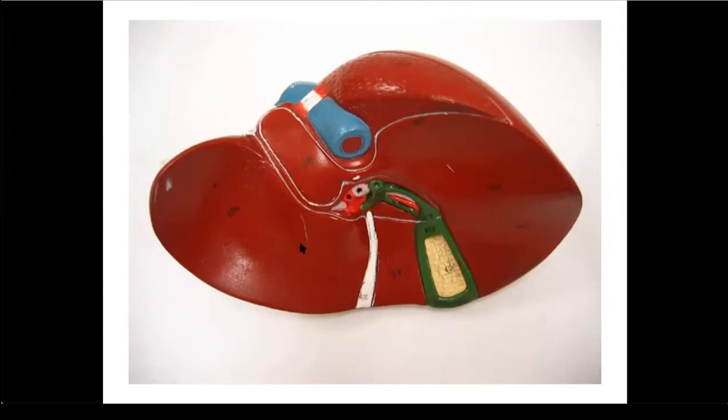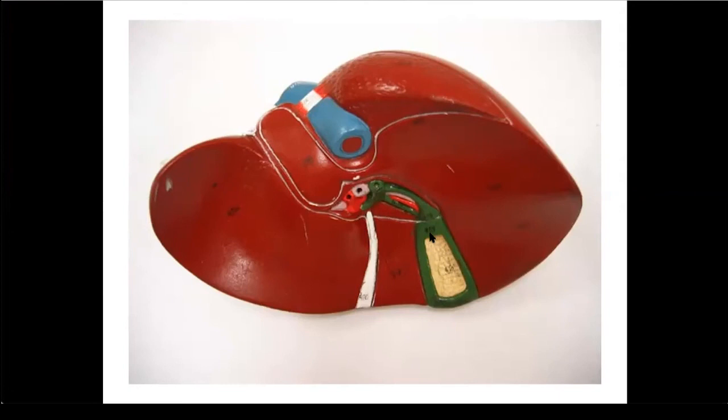The hepatocytes, or liver cells, synthesize the bile. The bile then will move into canaliculi, into bile ducts, and then eventually the left and the right hepatic duct, which feeds into a common hepatic duct. From there, the bile will go into the cystic duct, taking the bile to the gallbladder where it will be